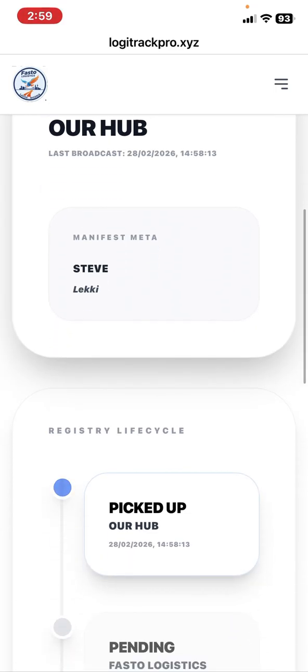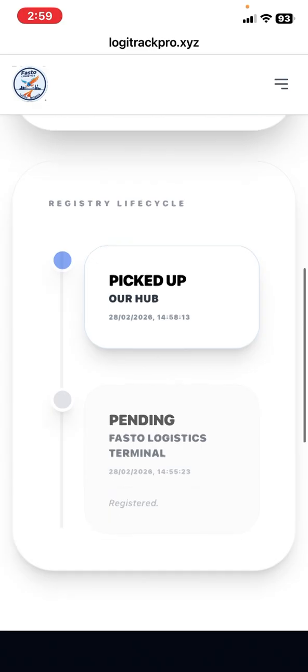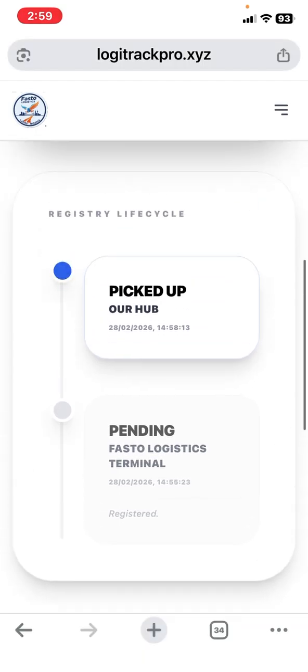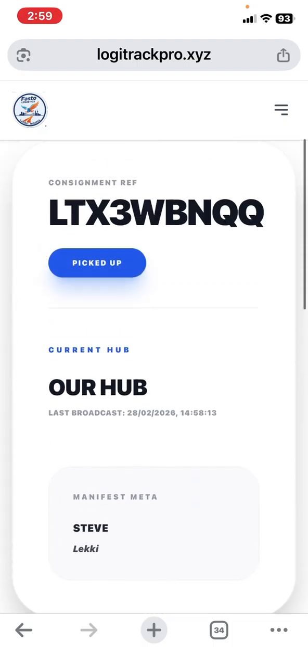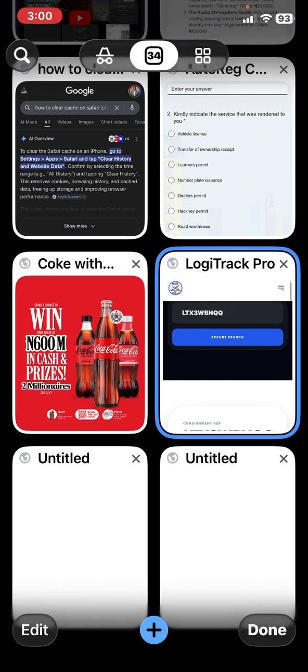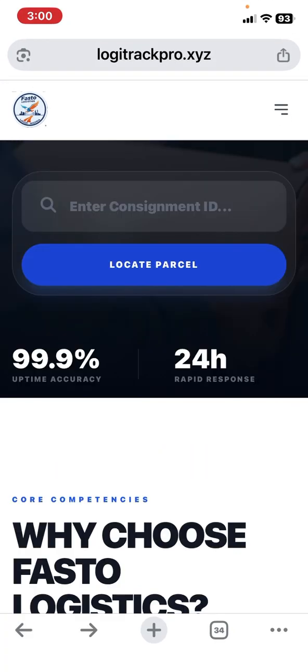The same system that the Jumias and Kongas of this world are using, that is exactly what you have in the palm of your hands, regardless of if you run one bike fleet, or 20 bikes fleet, or you run van logistics, as the case may be. You can see the system is even showing the life cycle of the shipment. So if we go back to the home page,